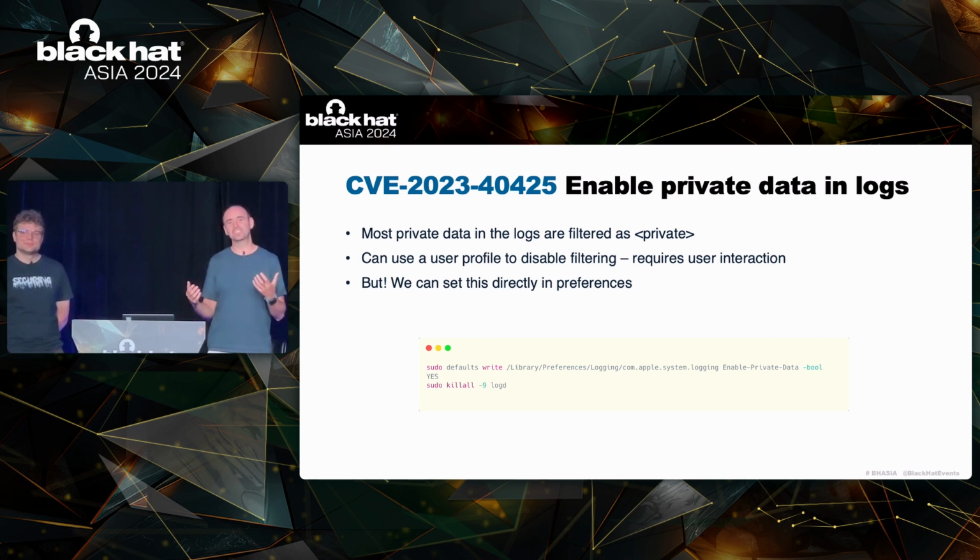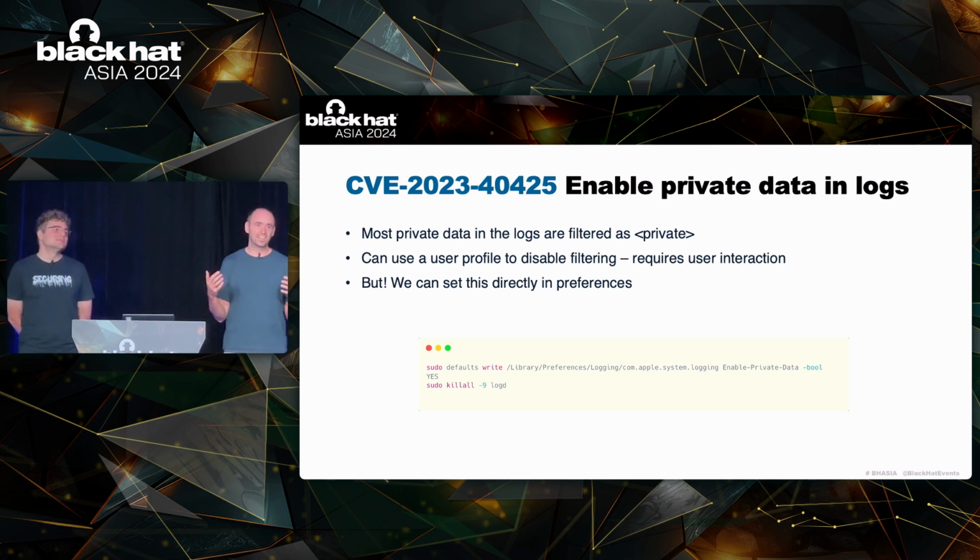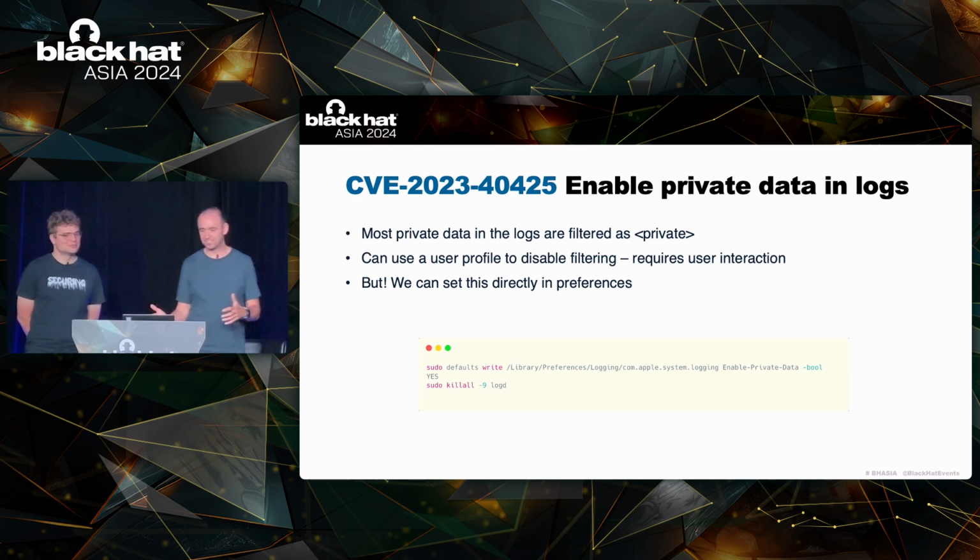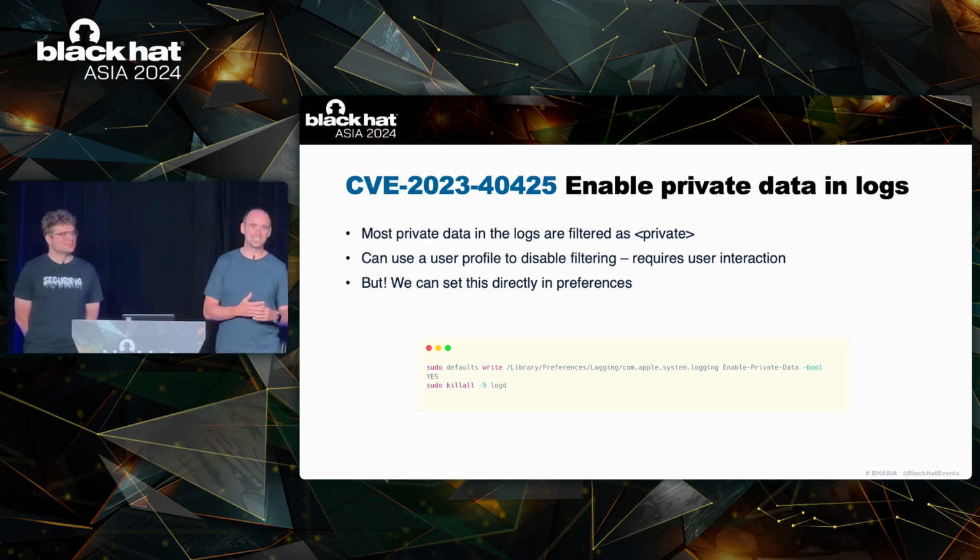But it turned out that if you install this profile, in the background, the only thing the system will do is enable a setting in the logging preferences, and basically it will enable all the private logs. So you just restart logd after setting the preference, and you get all of the private data in the logs. As we see, it can include a lot of